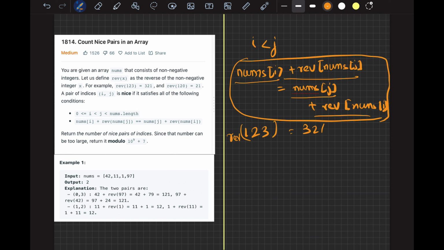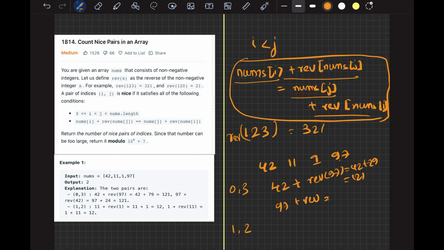So let us try to understand the question a bit more clearly from the example given below. Here we have 42, 11, 1 and 97, right? So here there are only two pairs possible. For example, index 0 and 3, and the other answer is 1 and 2. So index 0 is 42 and index 3 is 97, right? So when we add 42 plus reverse of 97, which is 42 plus 79, it will be 121, and similarly for the other one, 97 plus reverse of 42, it will be 121. So this is one pair, and another pair is 1 and 2, like the 11 and 1 as given in